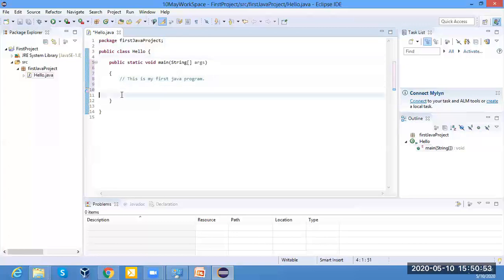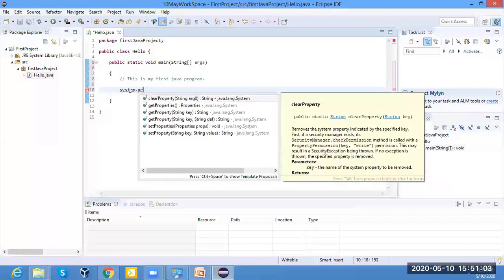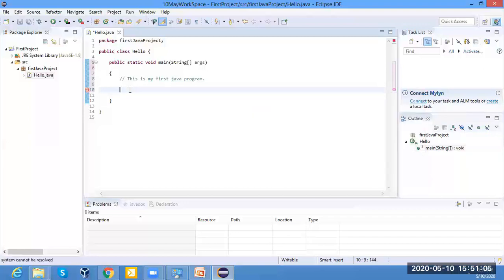Now, whenever we want to print anything, we have to write System.out.println. So what is System? What is out? What is println? I will tell you each and everything. As of now, you should remember this.